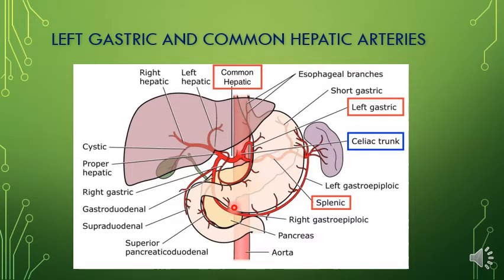Here the superior pancreatico-duodenal will again divide into anterior and posterior branches to supply respectively the anterior and posterior surface of the duodenum. There is a superior pancreatico-duodenal artery. Then after supplying this, there will be anterior and posterior pancreatico-duodenal branches coming from the inferior pancreatico-duodenal artery, which is a branch of the superior mesenteric artery.